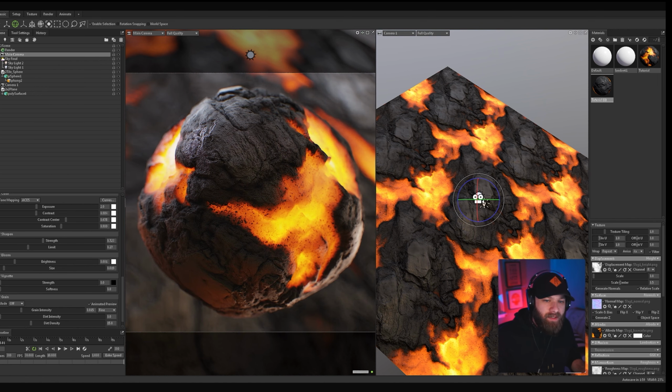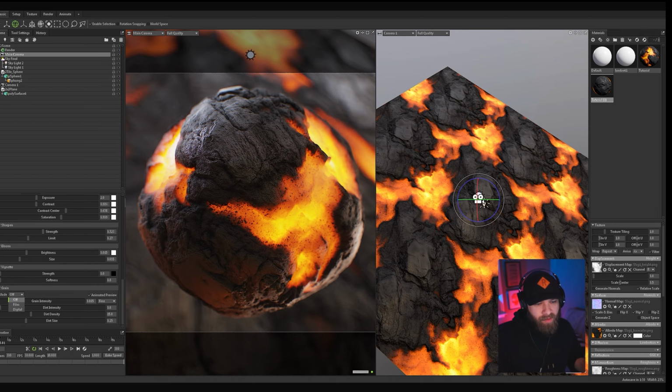Again, you want to be very subtle about this. I think it looks cheesy if you go too high on the bloom. Some other fun things you can mess with: there's film and digital grain, which is basically going to be this